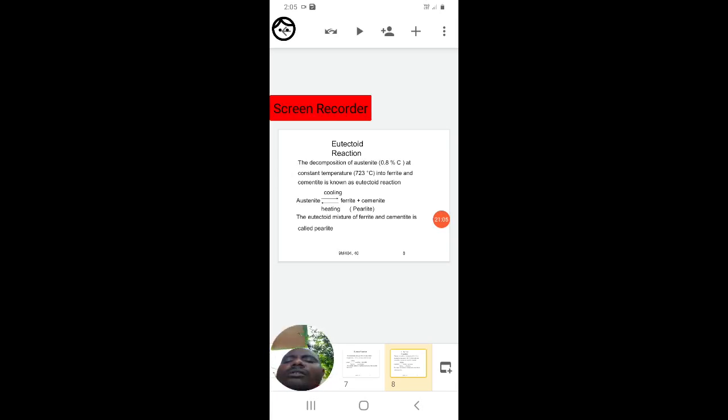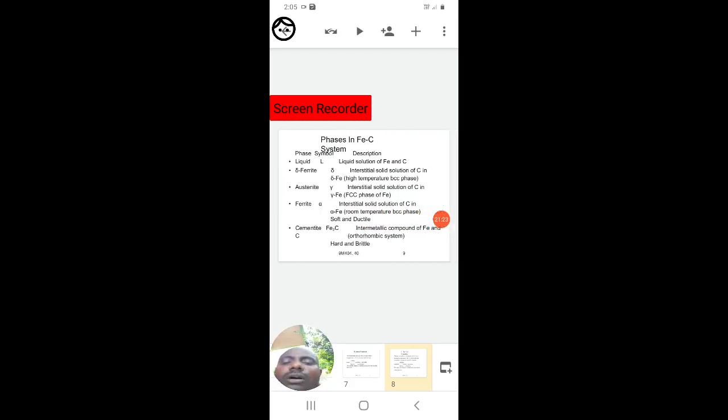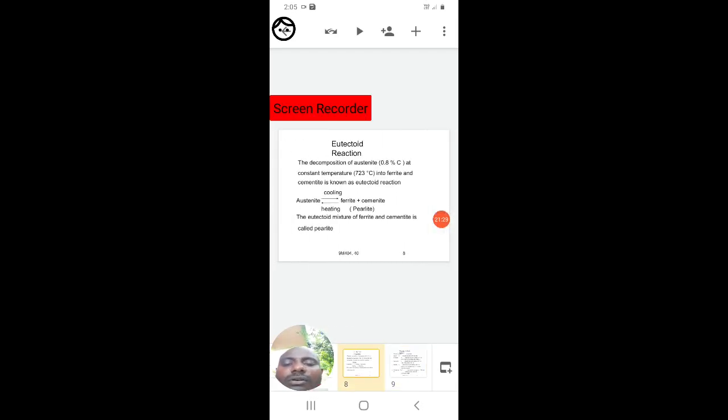That means austenite decomposes, by heating or cooling, into ferrite plus cementite. The total mixture is called pearlite. The eutectoid mixture of ferrite and cementite is called